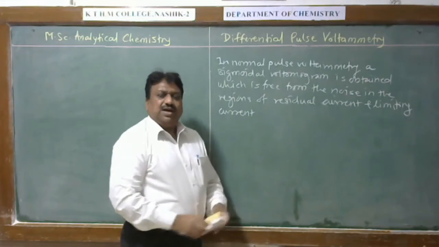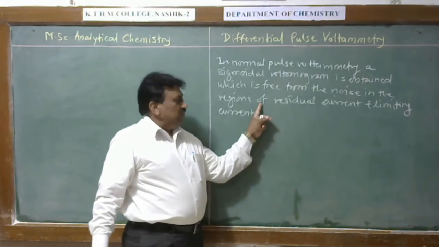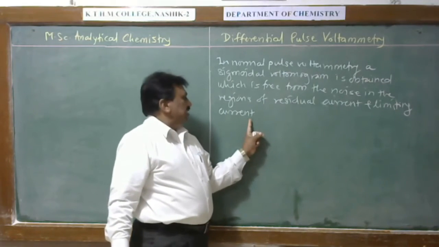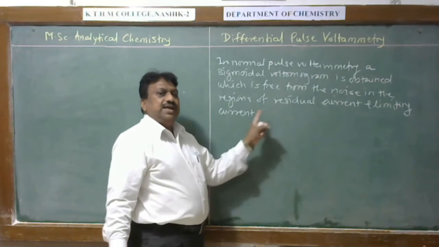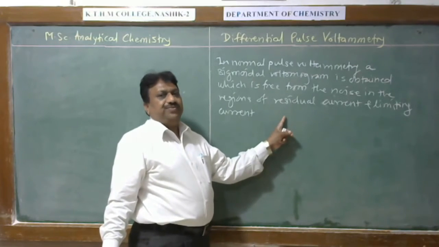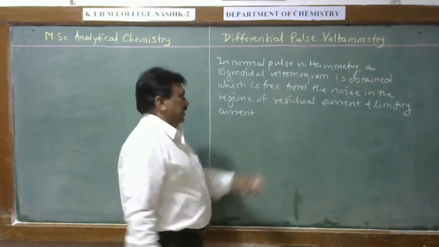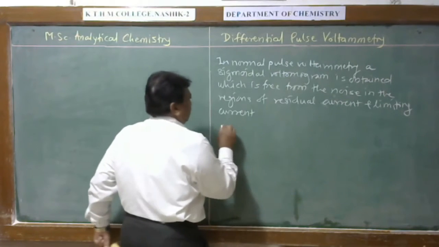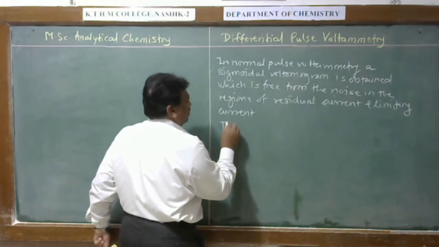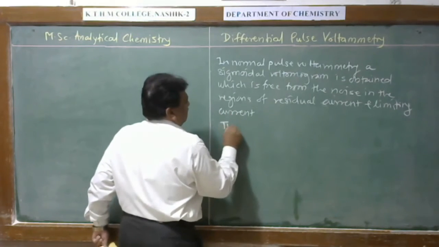As the current sample measurement is carried out and the residual current and limiting current are free from noise, it is easy to draw the baseline for calculation of the diffusion current or Faraday current. Therefore, in normal pulse voltammetry, the sensitivity